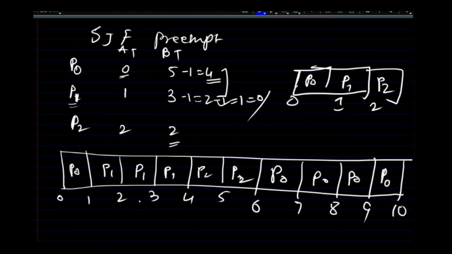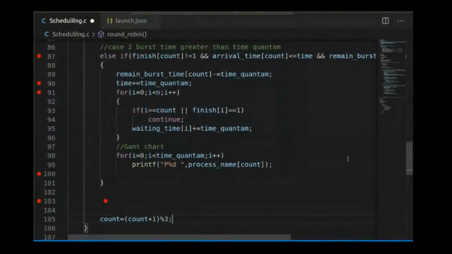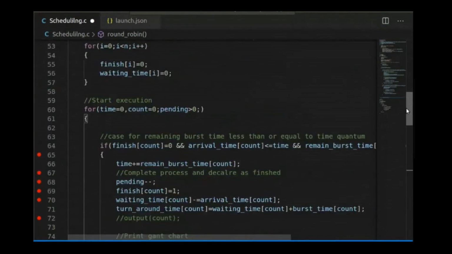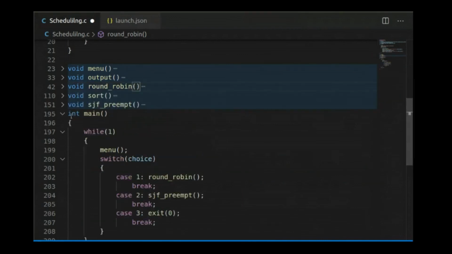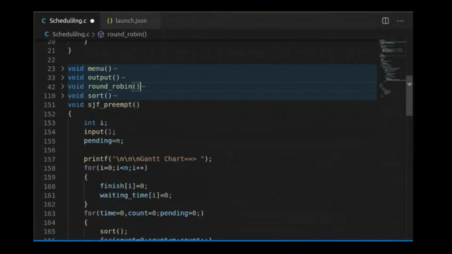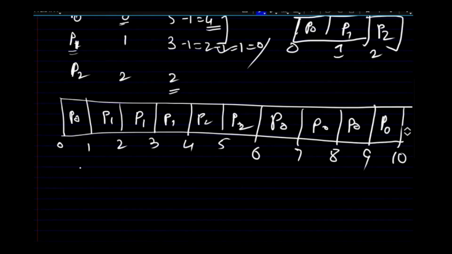Now let us check how exactly we have implemented the SJF algorithm. I will show you the step-by-step execution of both the algorithms if you are interested. Now we have the SJF algorithm. Let me write the conditions in the SJF algorithm first so that you will understand. What is the first condition? The same conditions. First, the process must not be finished.